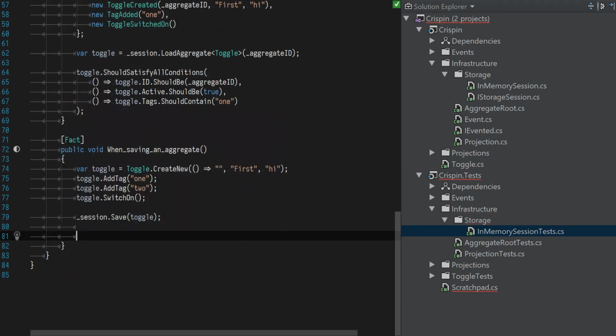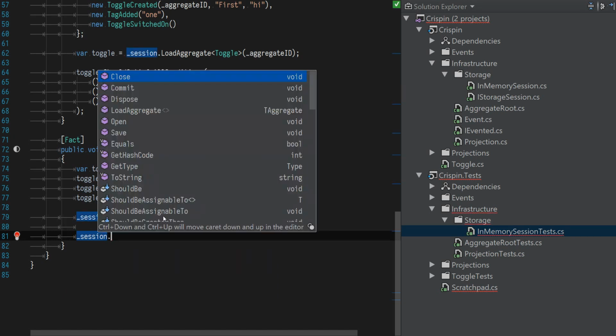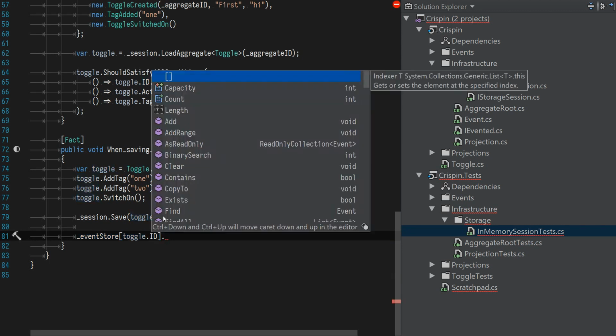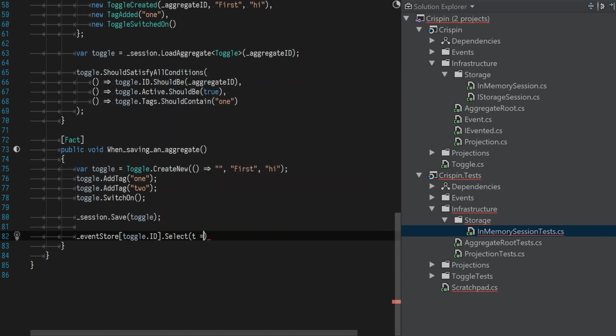And then now we can just check that this has the right thing in it, so we can't use that, we have to use that ID instead. Right. I don't want to check that all of the events have exactly the right thing in, because we have tests that cover that already. So select